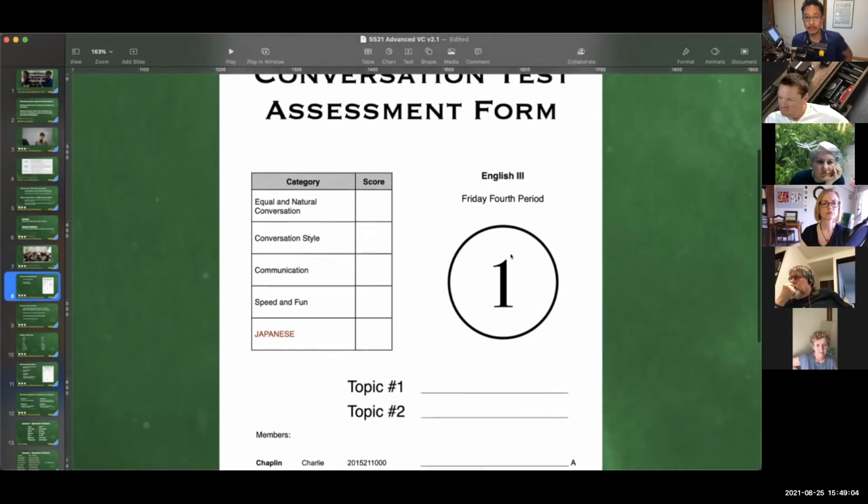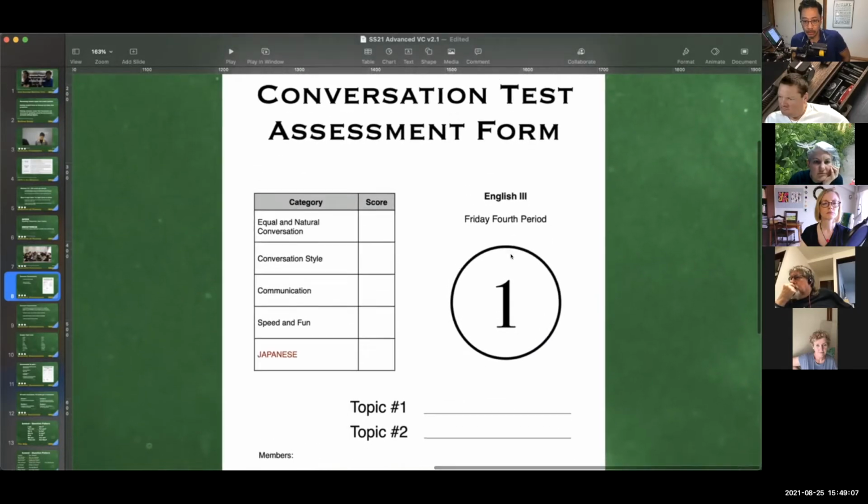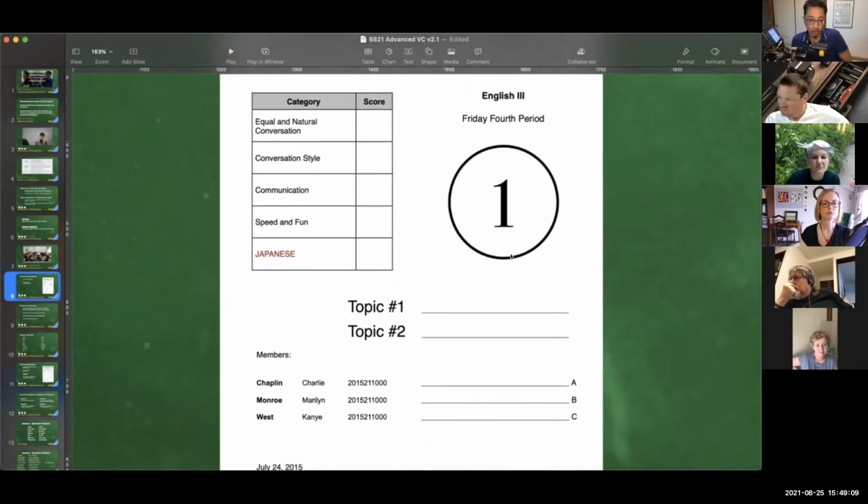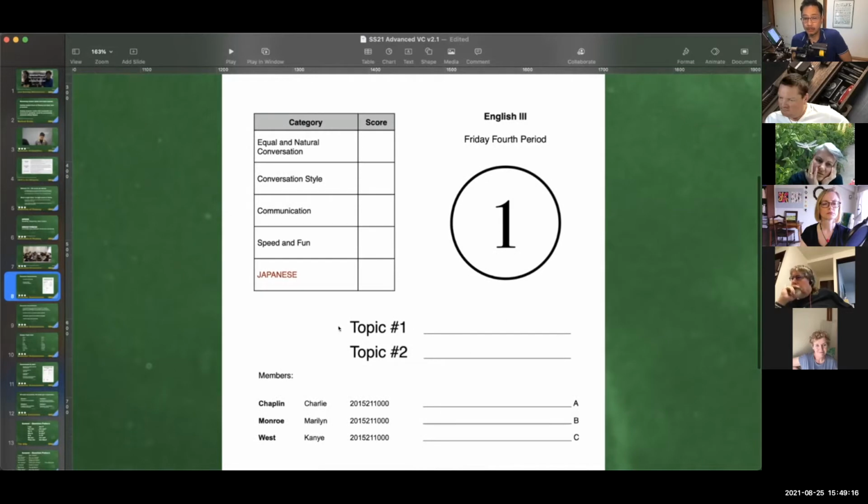The semester assessment, I print out these sheets, and I'll tell you a little bit more about how these groups are made. But these kids are put into groups of 3 or 4. They will have 2 topics to speak on. Each conversation has a separate topic. That's why there's topic 1, topic 2, and there are 2 conversations. Each conversation is 5 minutes, and they are marked here in these categories. And there are 4 categories, 25 points each, 100 points total. Very easy to understand, very easy for you to mark as you're sitting there watching these kids.